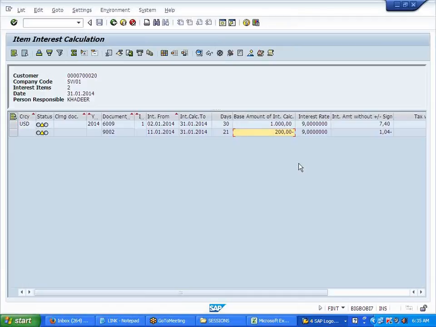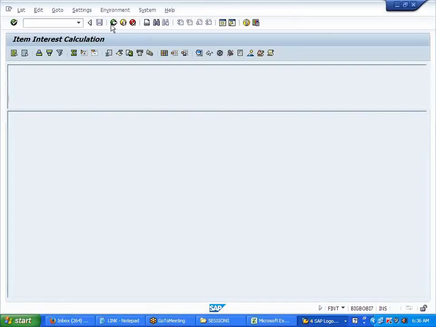So it is showing a minus sign, credit. Now it is calculating 9%. Wrong, no? Let us see why it is calculating.